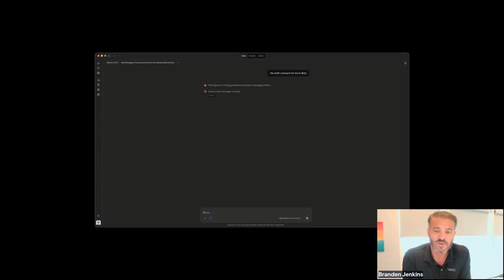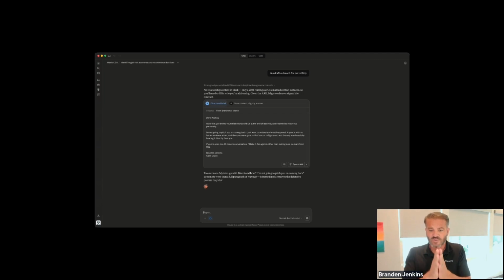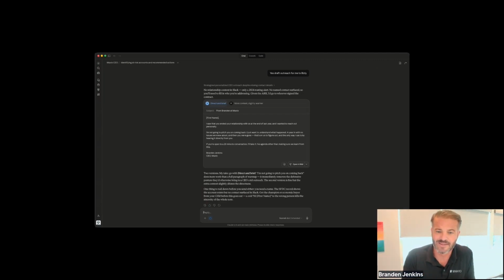Now, this is where other tools come in. It's looking at Slack information. It could be looking at Notion. There's a lot of tools available to bring into the context. So keep that in mind as you're setting this stuff up. I do suggest starting with one tool and you kind of layer them on.